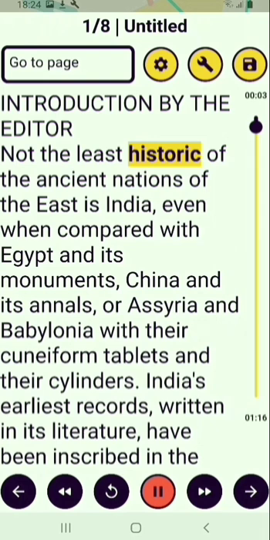Now, when you upload a PDF file, you can also choose the pages, the from and to page for which you want to create the audiobook. In the listening to audiobook screen, new reading controls like forward 10 seconds and rewind 10 seconds are also added, and a replay button is also added.